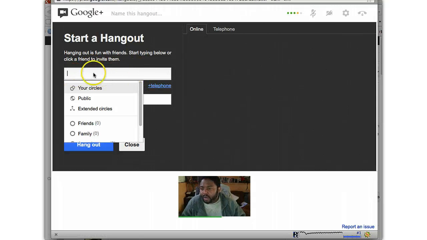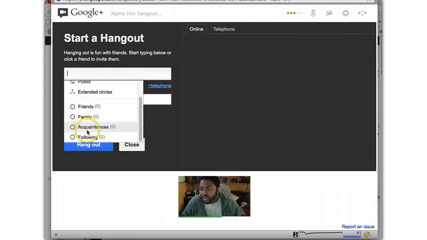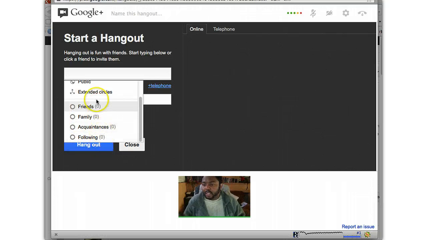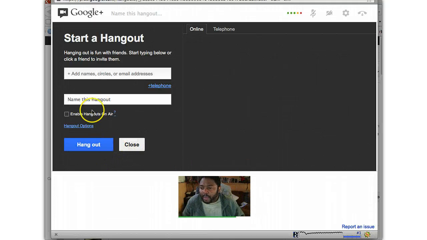If you want to add people directly into the Hangout that are in your circles, you can add circles if you have your circles built. I have another Google account where I have my circles, so if I'm doing a Hangout with my personal team, I have a circle for my team, and I'll invite them as I'm doing the Hangout, so that they can take part and be a panelist, which they'll be on the bottom of the screen right here, where you're seeing me on the bottom of the Hangout window. So I'm not going to invite anybody for this.